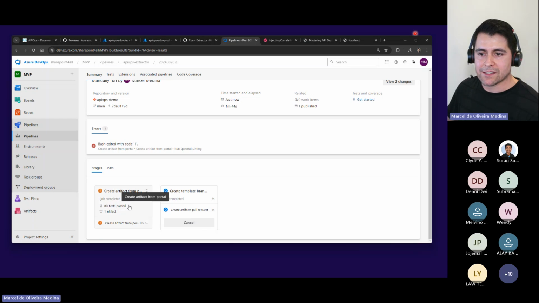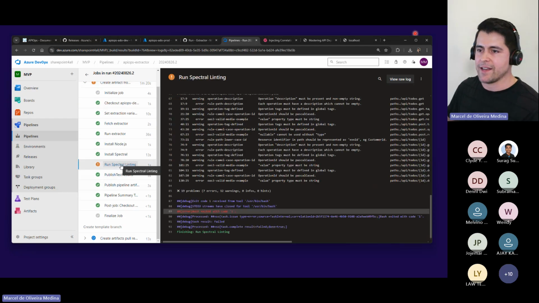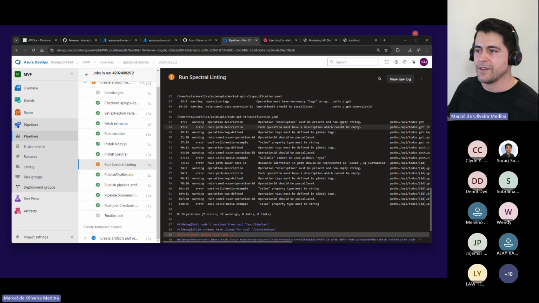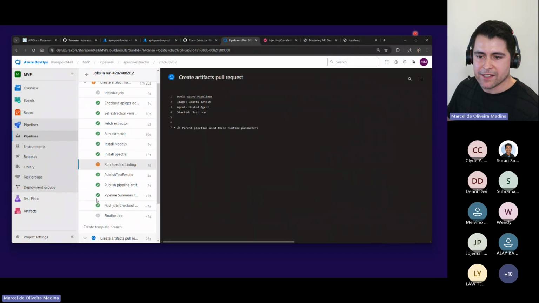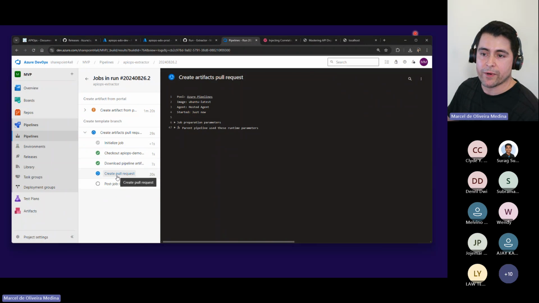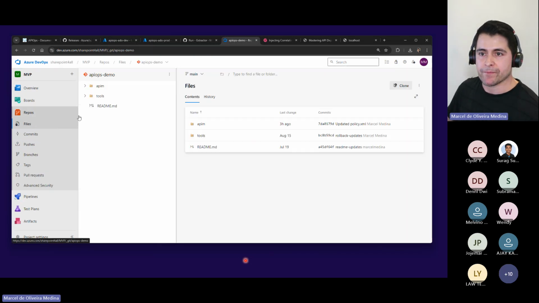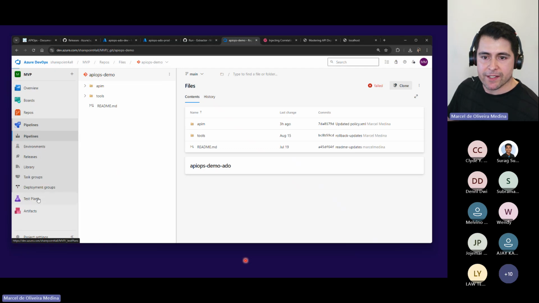So it did that. It's just running right now. And it just has run. There are errors in there about fields that cannot be empty, all of that, right? In warnings as well. But one of the interesting things is that it should create the artifact, the pull request. And as soon as it does that, I'm going to have my repository. Okay, that's going to be created.